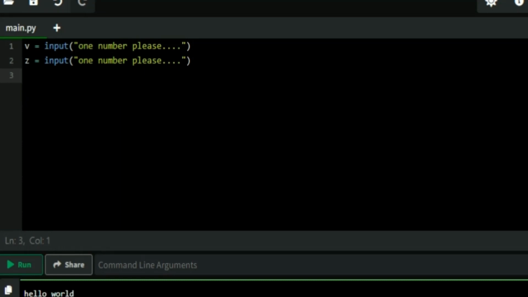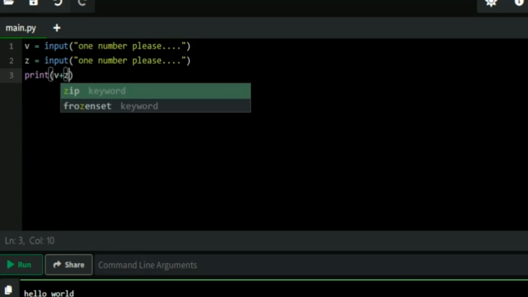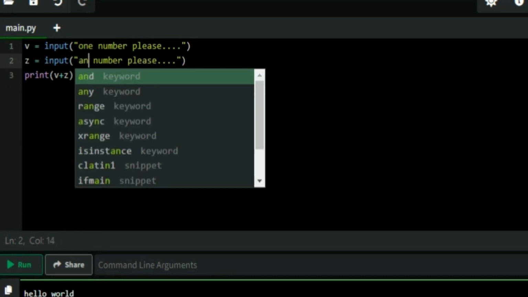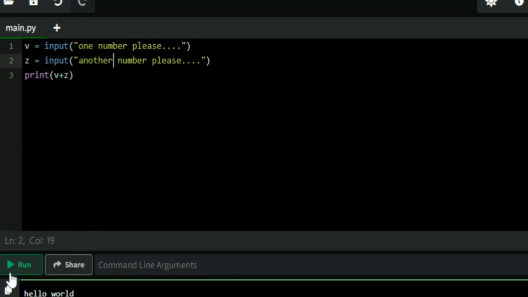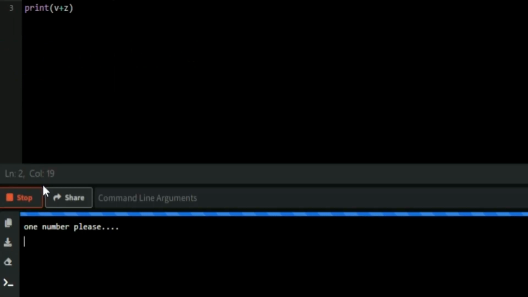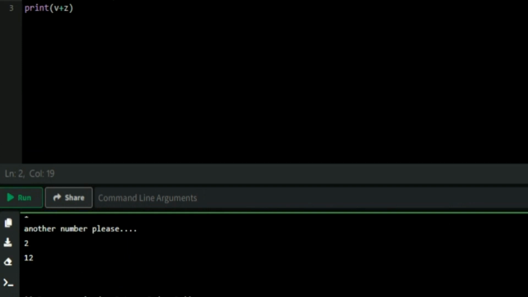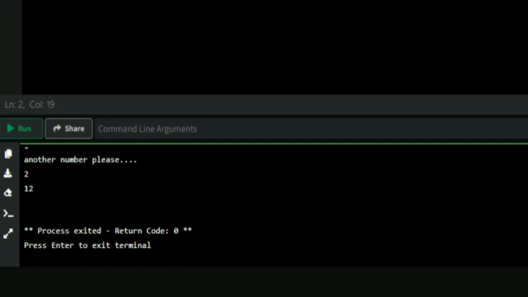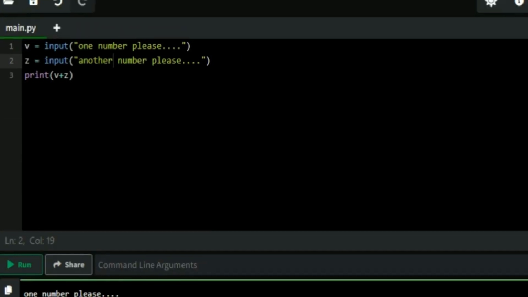Now, what I'm going to do is print v plus z. But there is a problem. If we run that, it may print an error. If I say 1 and 2, it says 12. This is not what we want. We need the sum of these two numbers, which is 3, but it says 12